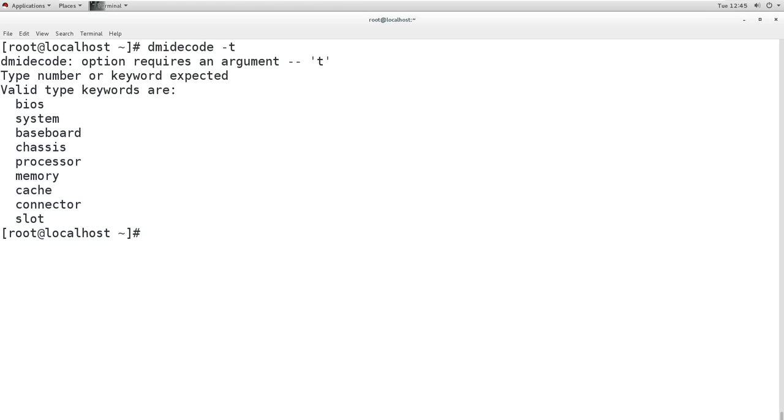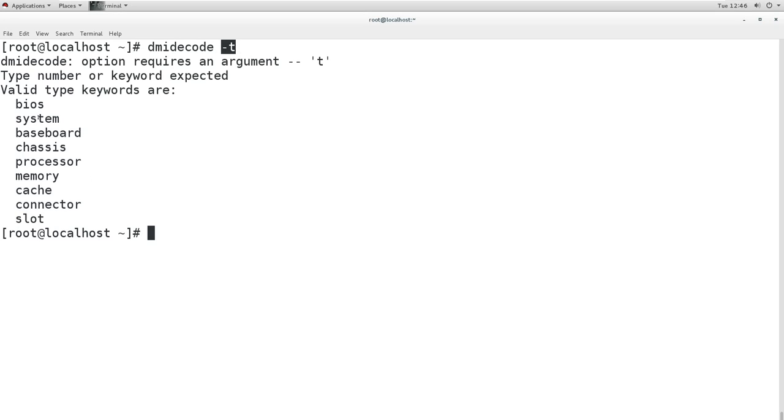This dmidecode command can show you the information about your BIOS, your system, your baseboard, your motherboard, your chassis, your processor, your RAM, your cache, your connectors, and your slots. So it can show you information about all these things. Whatever you want to see, after the command you just have to mention what you want to see.